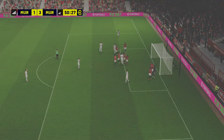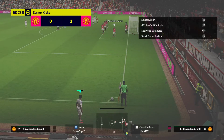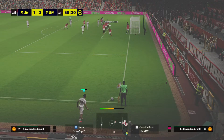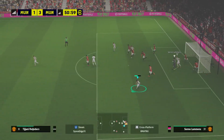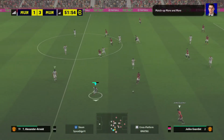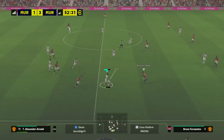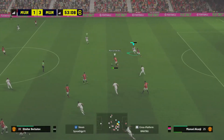Manchester United with another chance from a corner. Manchester United have their third corner. That's the keeper's ball. Manchester United have the chance to go the other way. Alexander-Arnold does well to stand firm and defend it. Foden,